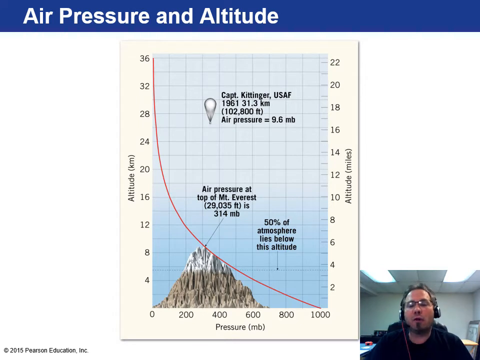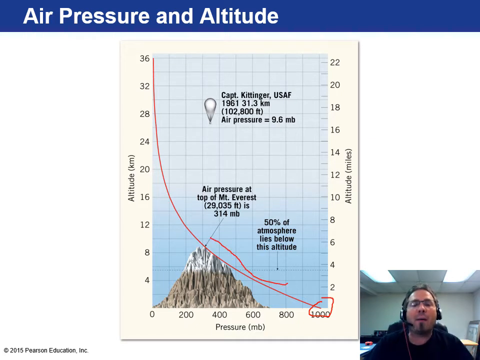All right, let's take a look at how this works. You can see in this graph that the air pressure at sea level is about 1,000, and that's right here. But as you go up in altitude, you also lose air pressure. That's why there's this negative effect going in this direction.